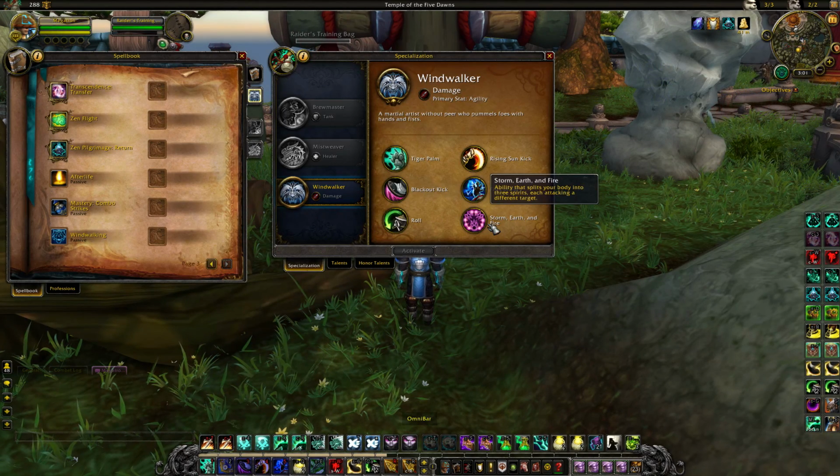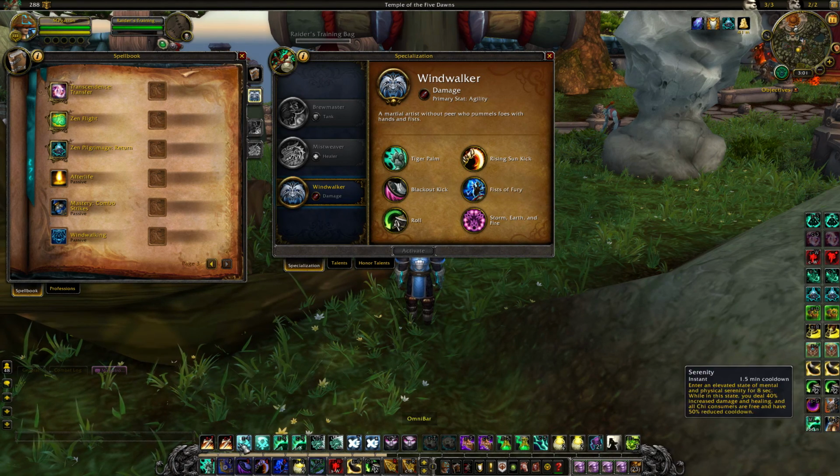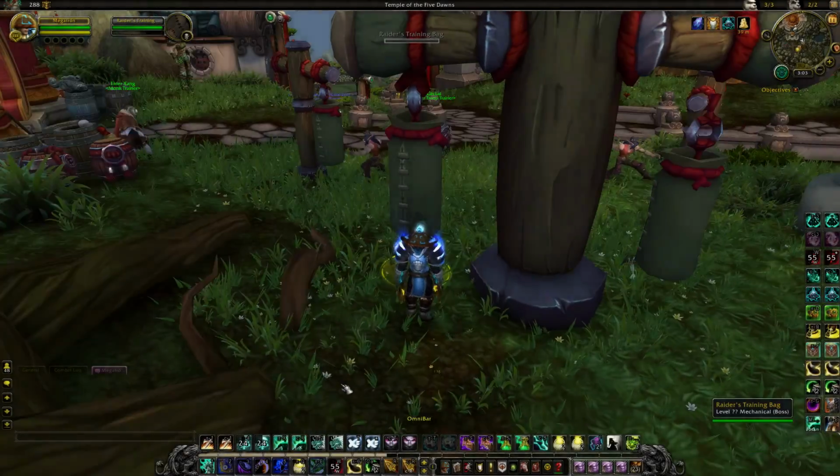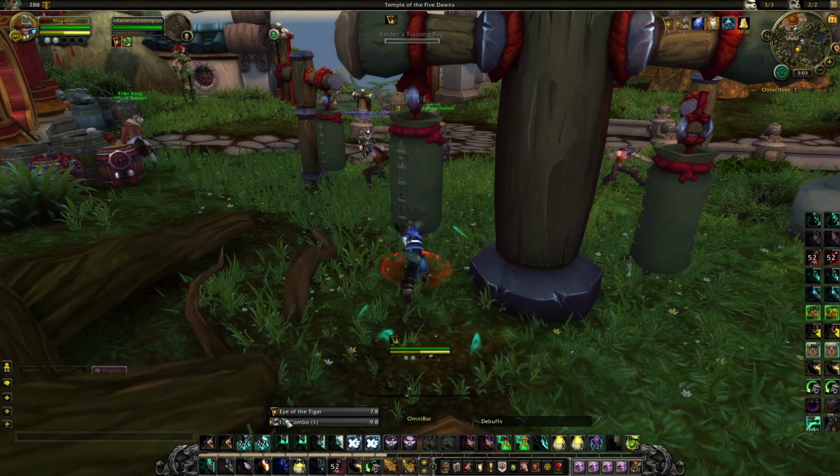Your Storm, Earth, and Fire are replaced by your Serenity. So I'll do maybe a separate video for how to Storm, Earth, and Fire. It's different, but Serenity is just so overpowered and so much additional damage that I don't know why you'd ever use that. Alright, so your basic rotation, you're just going to want to stack Tiger Palms and Blackout Kicks